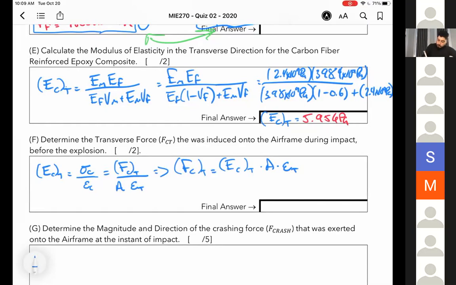All right, so let me plug in the values. So we get 5.95 times 10 to the 9 pascals times the area, which is 1 times 10 to the minus 4 meters squared. And then our strain is 0.002. Final answer would be,